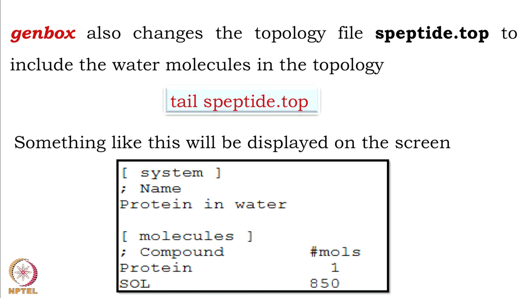Then the number of atoms for water will be 3 times 850, and the total number of proteins is one, with whatever number of atoms is associated with that protein. That will be in my GRO file. Does it display the number of atoms in a protein also? Yeah, but then you have to open the GRO file to see it.